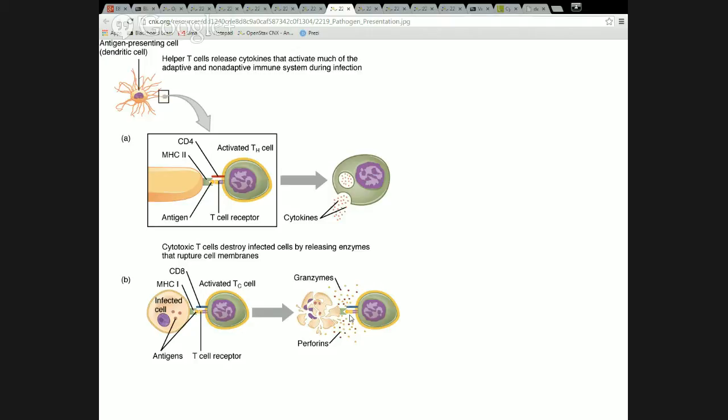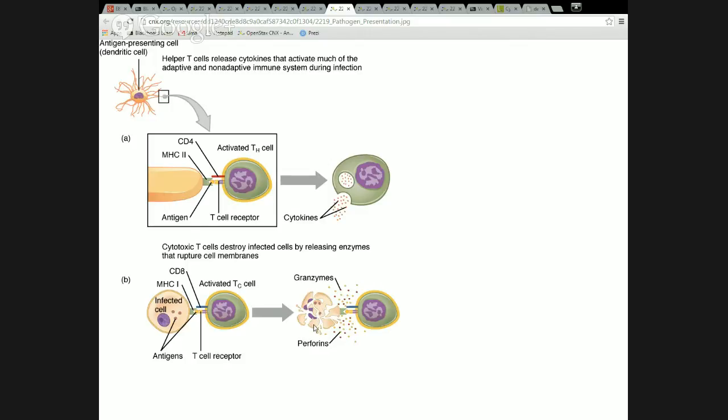But those are going to be very, very small relative to the size of the cell. So we don't see those in the video. And then what they're pointing out here, what are called granzymes and perforins, those are the things that are released from the T cell into the target cell that's being destroyed. It's not really releasing that into the surrounding tissue at the target cell. It's really latching onto the cell and forcing those things into the target cell and making it